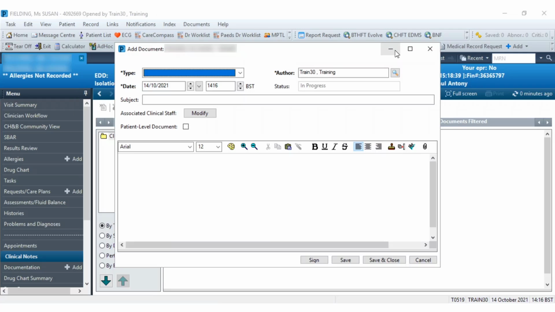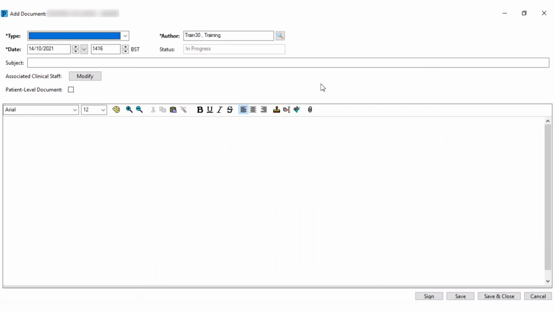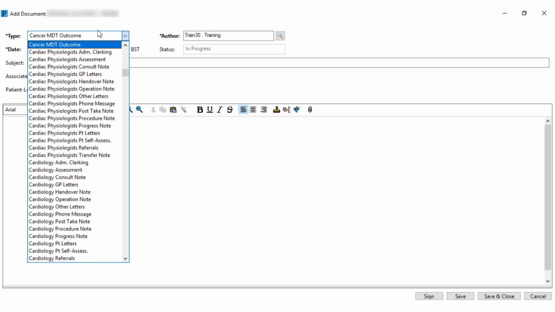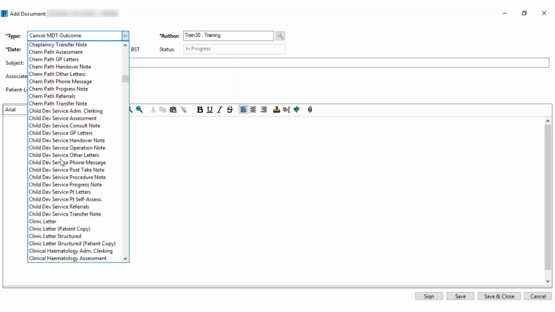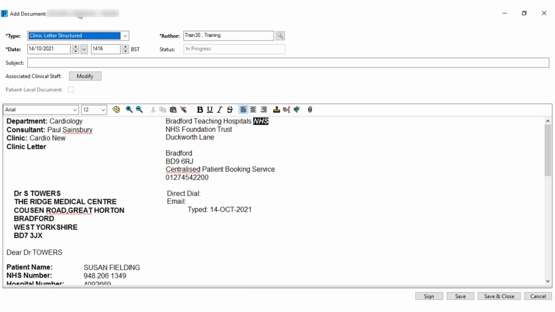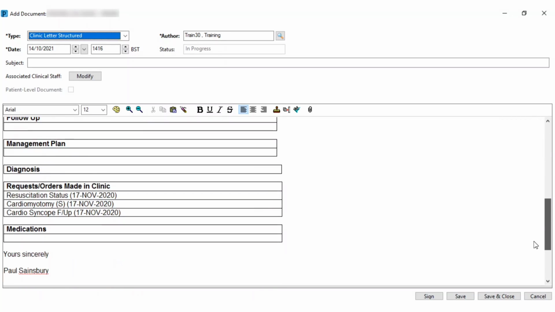When you hover over it, I'm just going to make this next screen larger. From the type drop down, I'm just going to press C on my keyboard. As you can see, it shortcuts down to the letters beginning with C, and you will need the options for clinic letters. There are 4 options here. You have clinic letter patient copy, clinic letter structured, and clinic letter structured patient copy. I am going to use the clinic letter structured for training purposes, but check with your own departmental processes. Once I have loaded up the clinic structured, you can see it has loaded up a